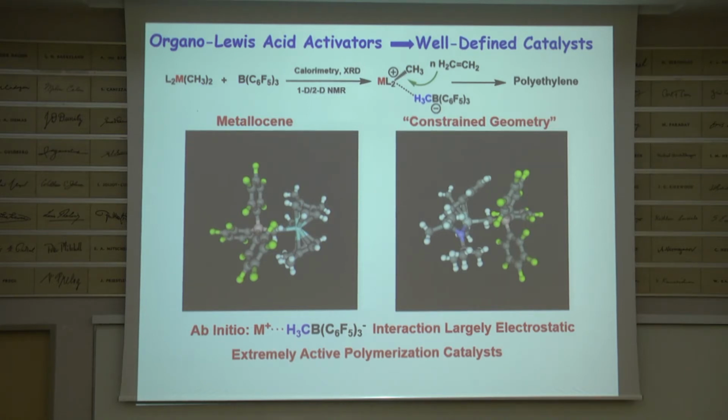But the really important thing from fundamental science is now we can do X-ray diffraction, we can do calorimetry, we can actually measure the enthalpies of these reactions. We can do all sorts of solution phase and solid state NMR. And these are two of the crystal structures. And it gives you a picture of the stereochemistry. So what has happened here is a methyl group, as we proposed, has been abstracted from the metal center. This is one that has a metallocene, 2 cyclopentadienyl rings, and the methyl group here, I'm going to rotate these in a minute, but the methyl group here is this methyl group.